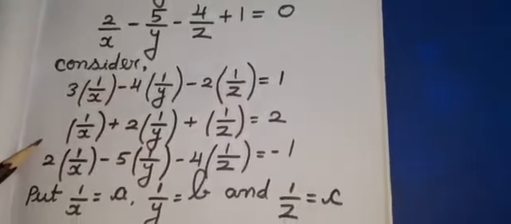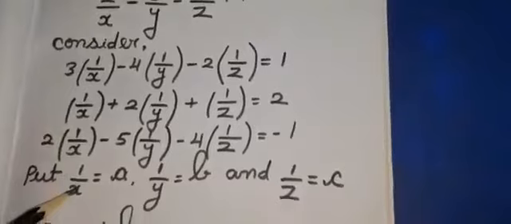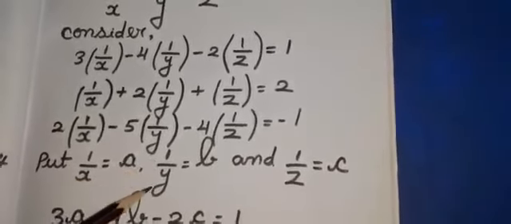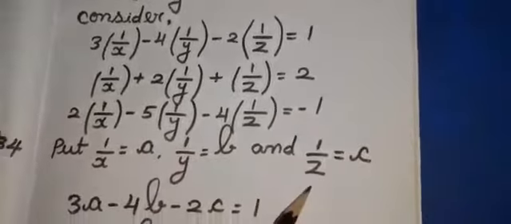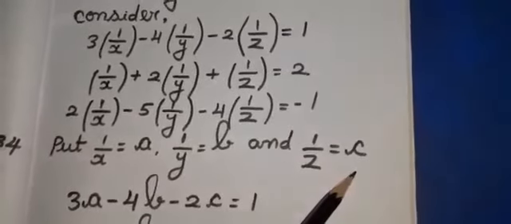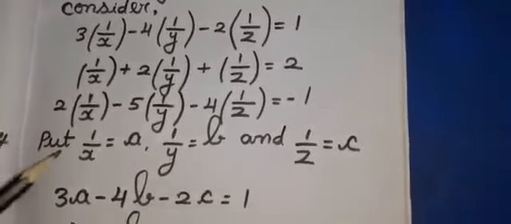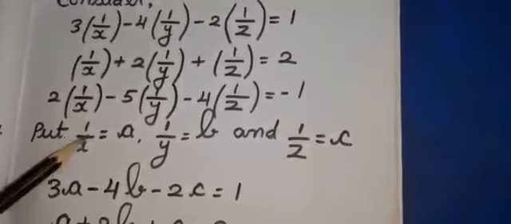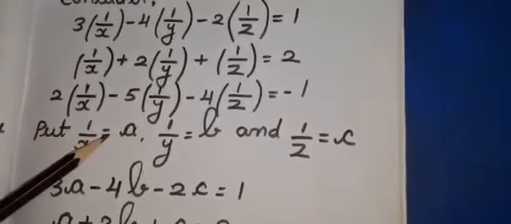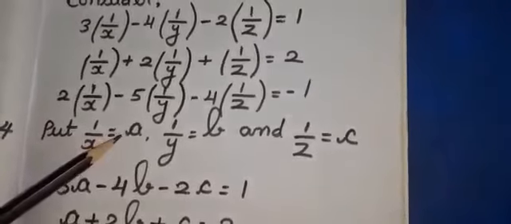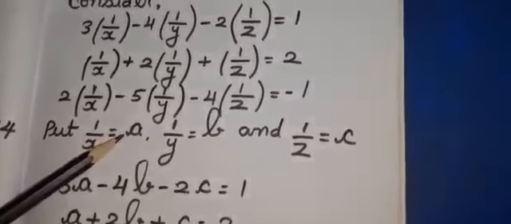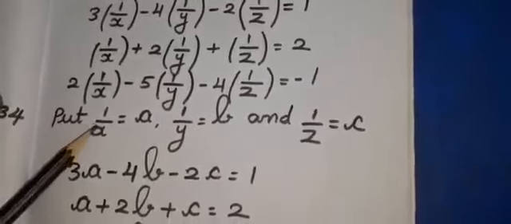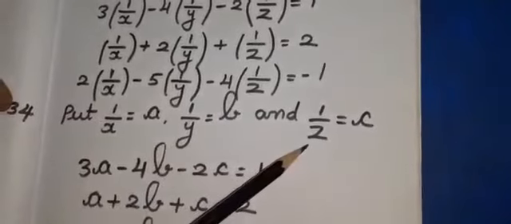So I am rearranging the equations. Only if you rearrange the equations can you apply Cramer's rule. So in place of 1 by x I am replacing a, 1 by y equal to b and 1 by z equal to c. What is the purpose of doing this calculation is, the variable should not be in the denominator and it must be in the numerator. The overall calculation of this sum is, first I am going to find the solution for a, b and c. Then I will be converting this into x, y and z. I will tell you how to do the sum, students.